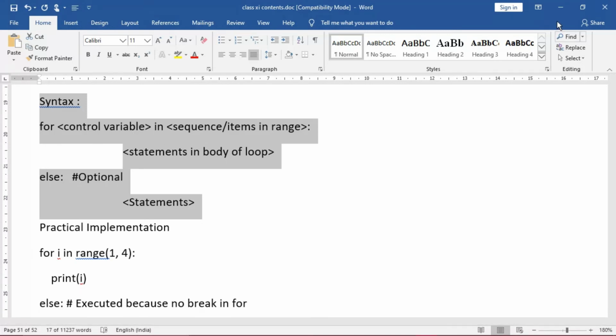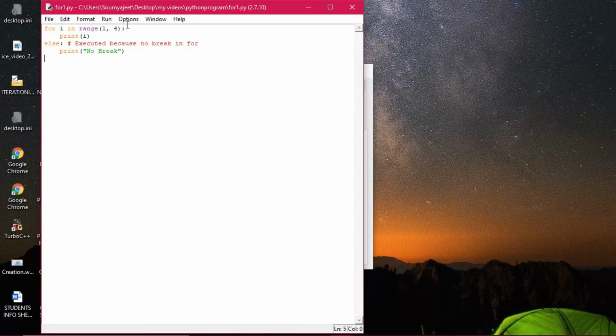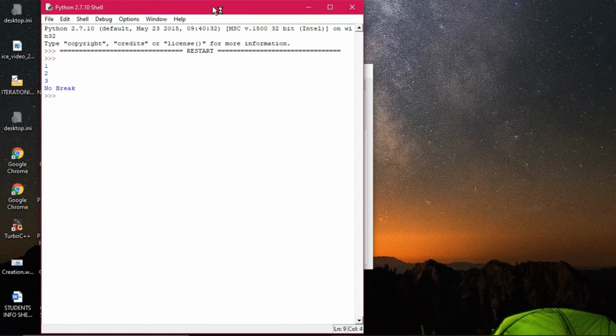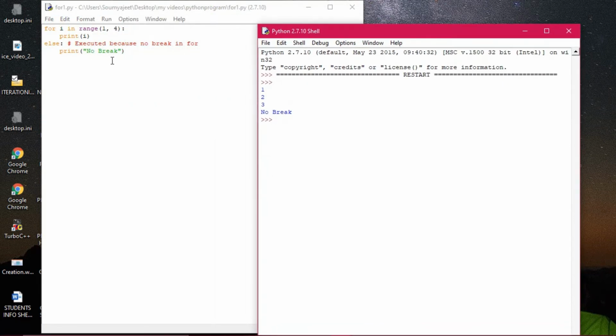Let us come to the program once. This is one I am executing for you. Now you see, check out. I'm executing the module. Let's say 1 to 4. It is very understandable here: 1 to 4 has been given. It is starting from 1, because no step has been mentioned, so it takes the default step. After 1 comes 2, 3, then 4, then 4 plus 1 is 5, and then the control variable goes out of range.